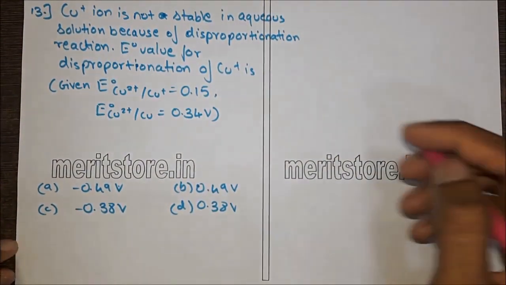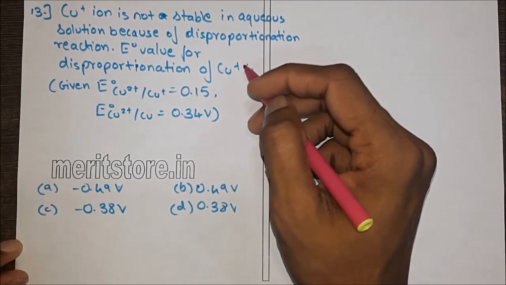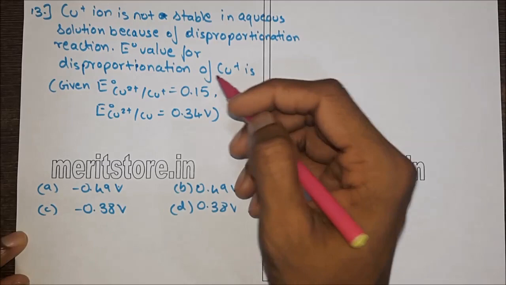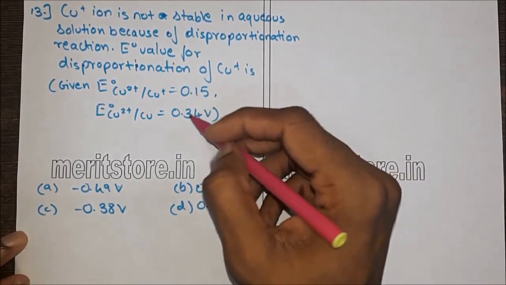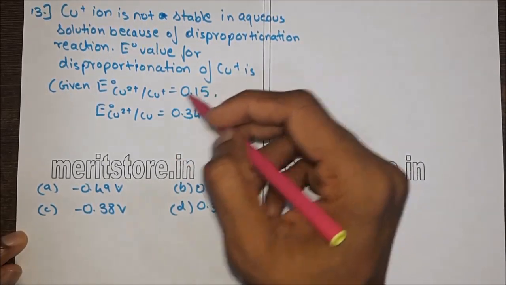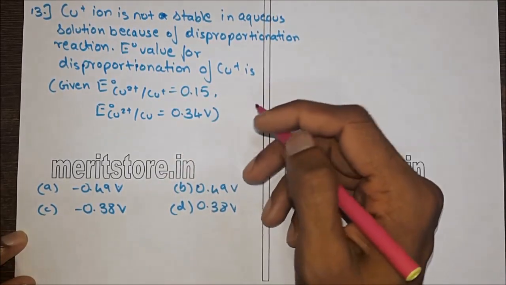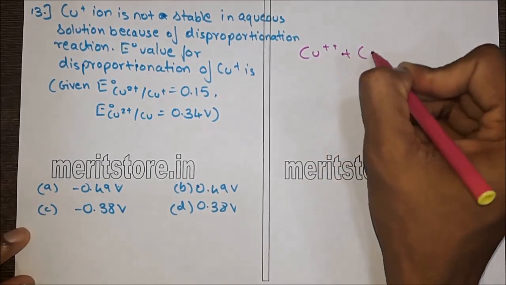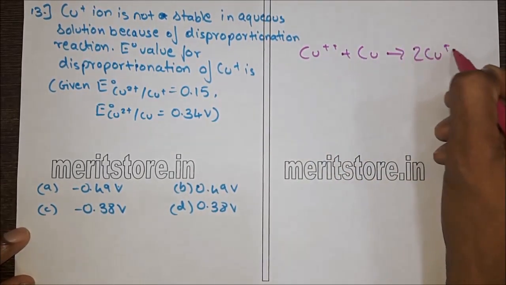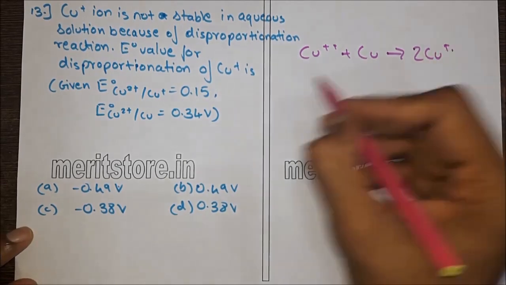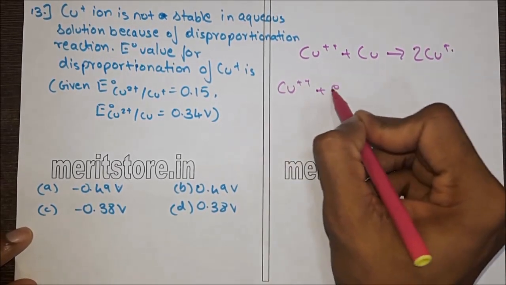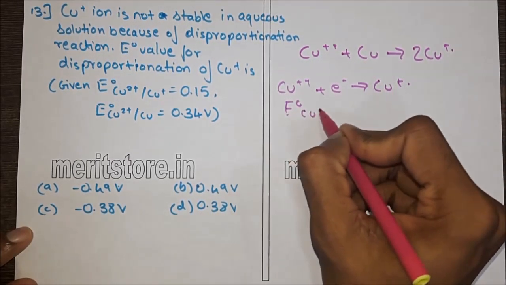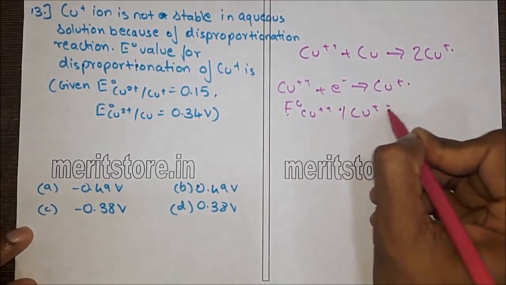Question 13. Copper ion is not stable in aqueous solution because of the disproportionation reaction. The E0 value for disproportionation of copper is required; we are given the standard potential for the copper ion. The required reaction is Cu plus Cu++, which gives us 2Cu+. It can be obtained by using the following reactions. Cu++ plus an electron gives us Cu+, that is E0 Cu++ to Cu+, given as